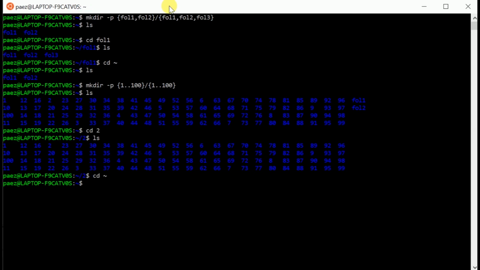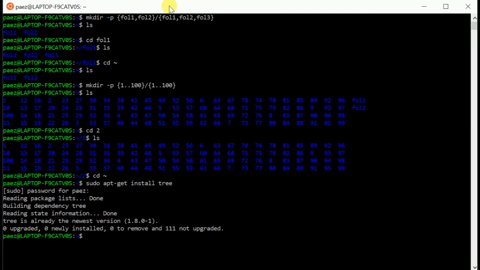Now I got all these directories, and now I want a nice representation of it. I can always use the ls command, but what if I want to view it in a way in which I can relate to it? In that case, you can use the tree command. It's not a pre-installed command. You need to install it via sudo apt-get install tree, and it will ask for your password.